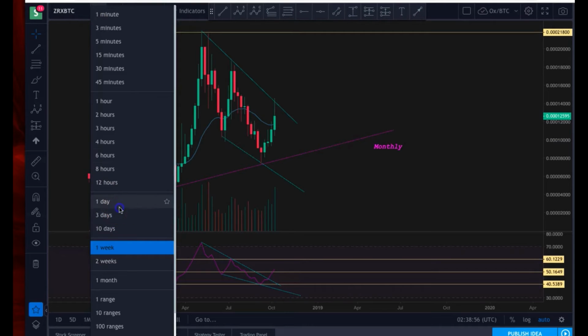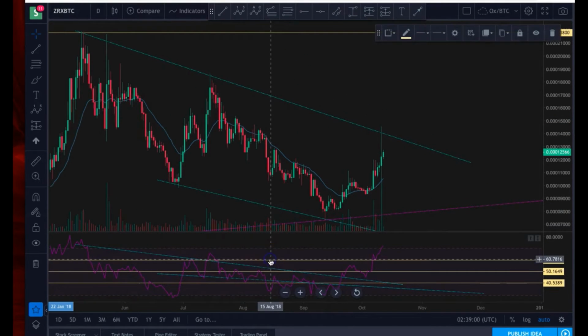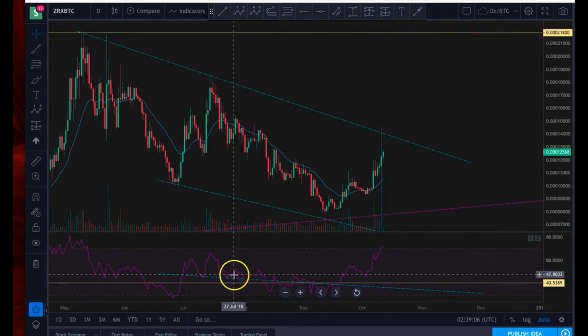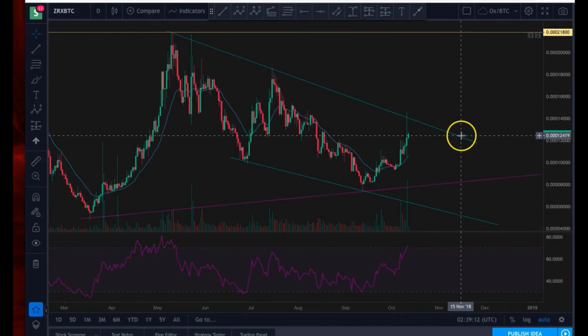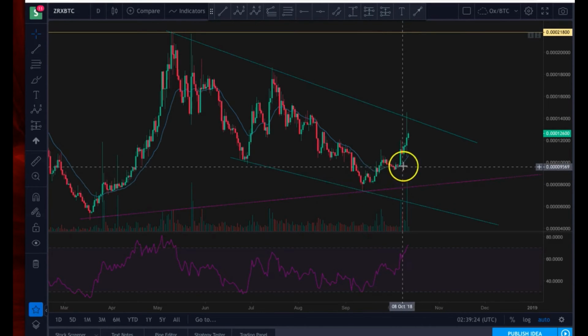Go ahead and switch it to the daily chart. And I'm going to go ahead and clear all this, clear this stuff out. Okay, so here we're still in this channel, and so I ended up entering, I was kind of ignoring the markets for a while. So I unfortunately didn't buy down here. I ended up entering about here,